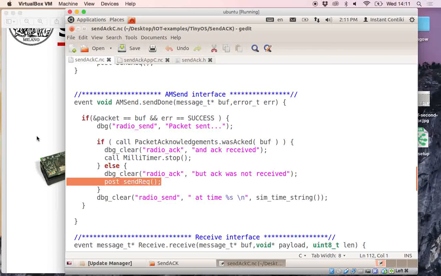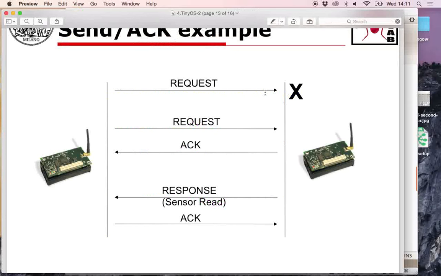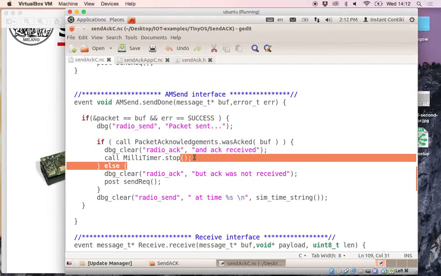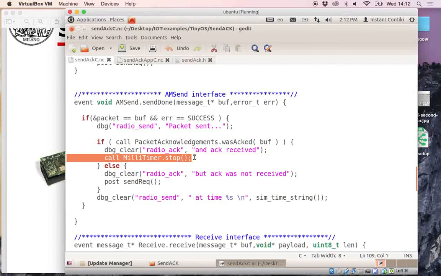Okay, so it's basically working like this. If you send a request and for some reason an acknowledgement doesn't come back, you will send another request. Okay, when you receive an acknowledge, then you stop the timer. So basically you will not send requests anymore. Okay,